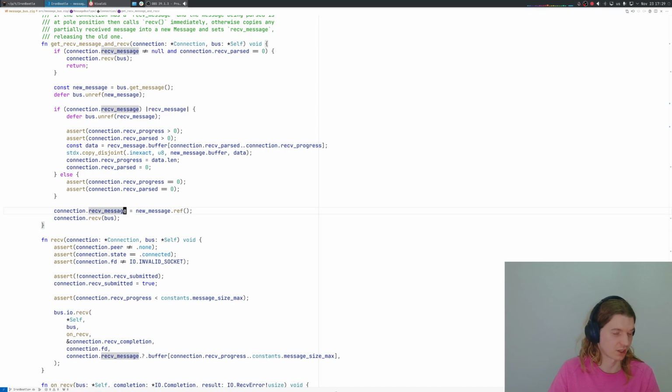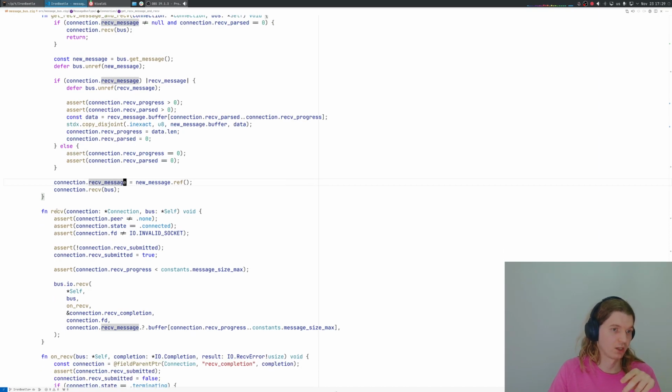Yeah, and here we set this receive message. Then we schedule the receive syscall, which says, hey, using this file descriptor, this socket from the connection,